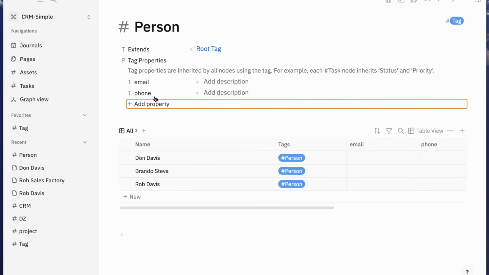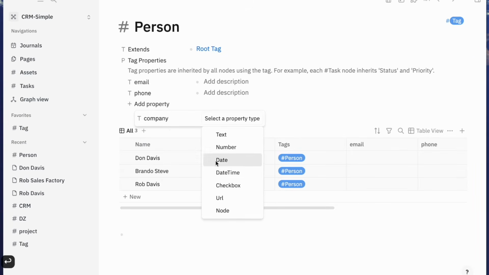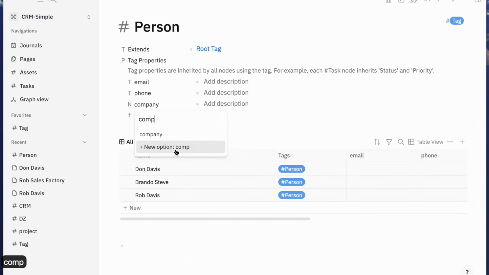Okay, so we could add company as well. Why not? What company they work for, and for that we'll do a property of type node, and then we will pick company. We already had company early on, right? So then this becomes like our address book